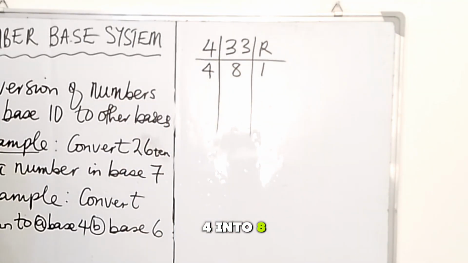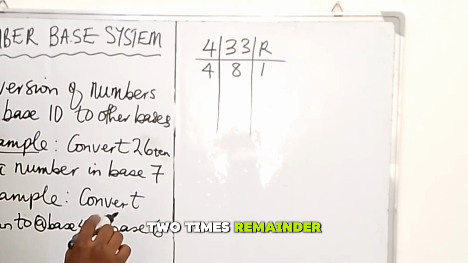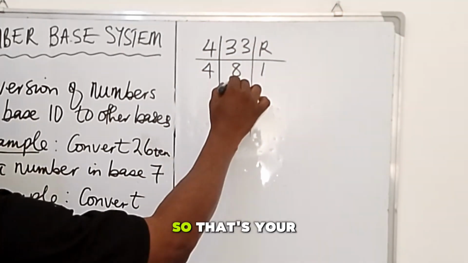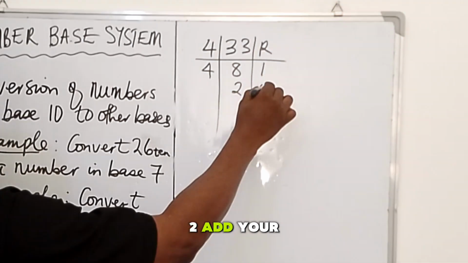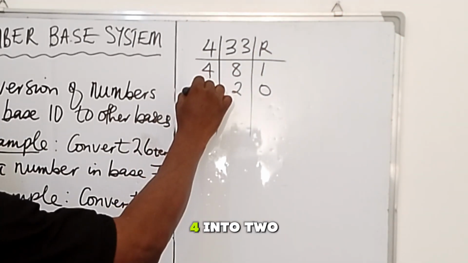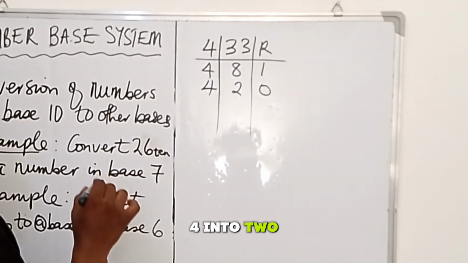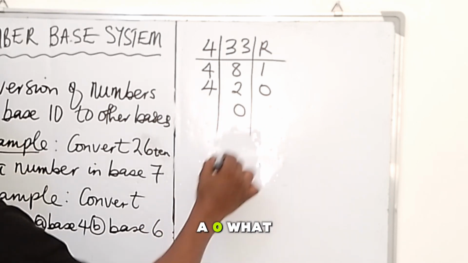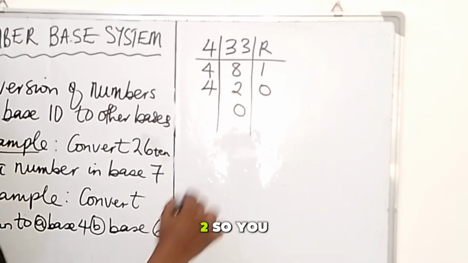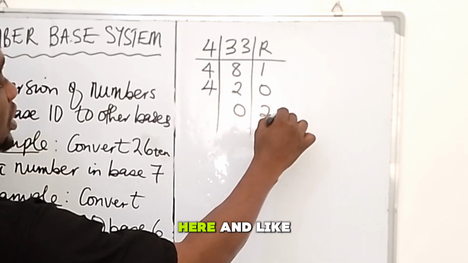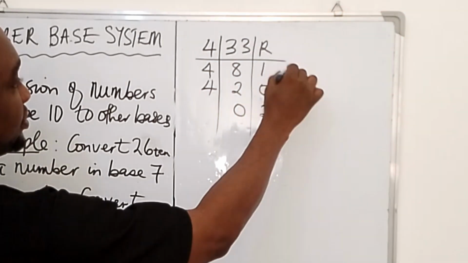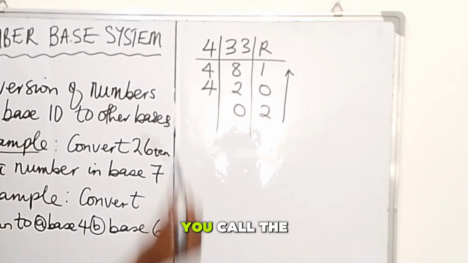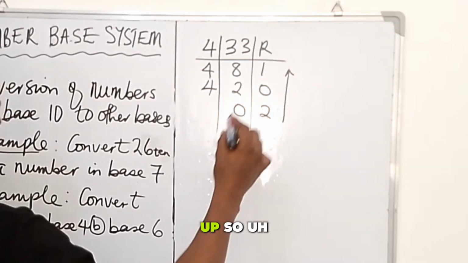4 into 8, 2 times. Remainder 0. So that's your 2 and your 0. Of course, 4 into 2 cannot. You have a 0. What is your remainder? 2. So you have a 2 here. And like I did earlier, watch, that's my arrow. You call the number from down up. So